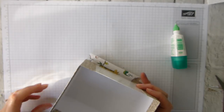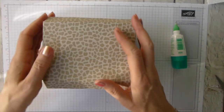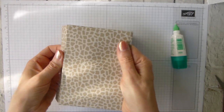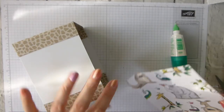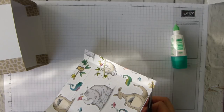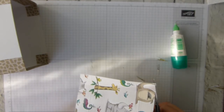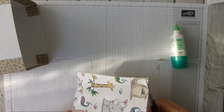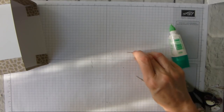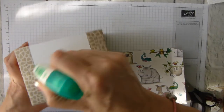Now the sides actually are fairly straightforward because they just, whoops, go around the sides. So all we do is pop those on and add them on. So I am just going to wedge all the corners off so that it's a better fit. You don't want to take a huge amount off, just a little bit. So that's the sort of size, whoops. That's the sort of size we're looking at, little babies, and then add,